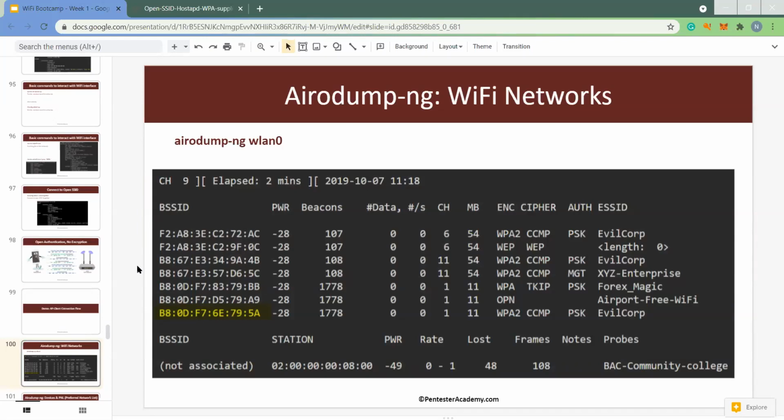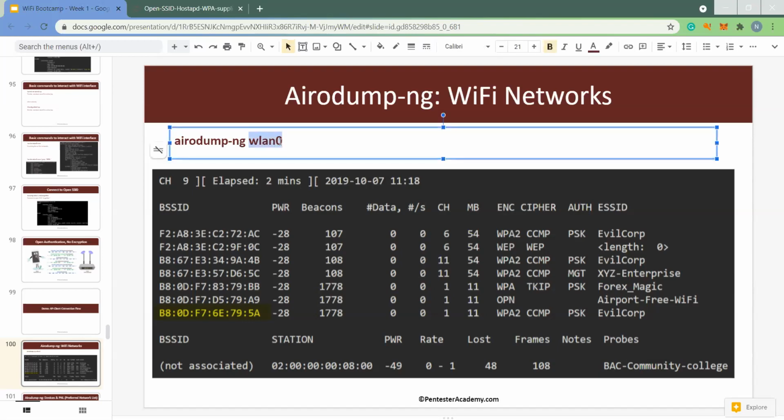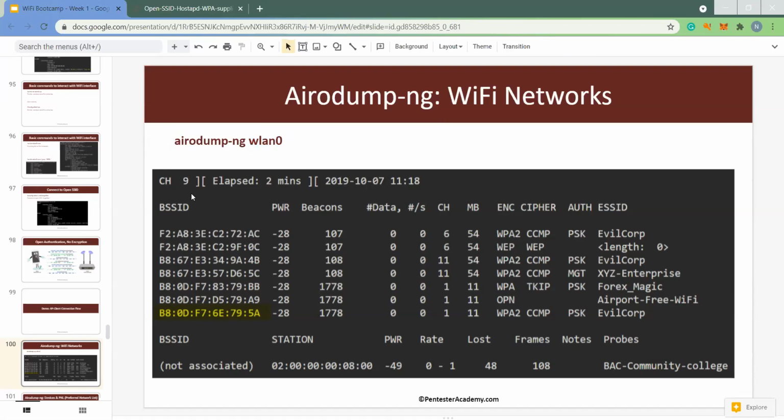Now coming to AeroDump. AeroDump is a very famous tool that you use for performing recon on Wi-Fi networks. When you run AeroDump like this, you use the airodump-ng command, and you define the network interface on which you want to run it. And then what it will do, as we have already seen in the demo, it will start making